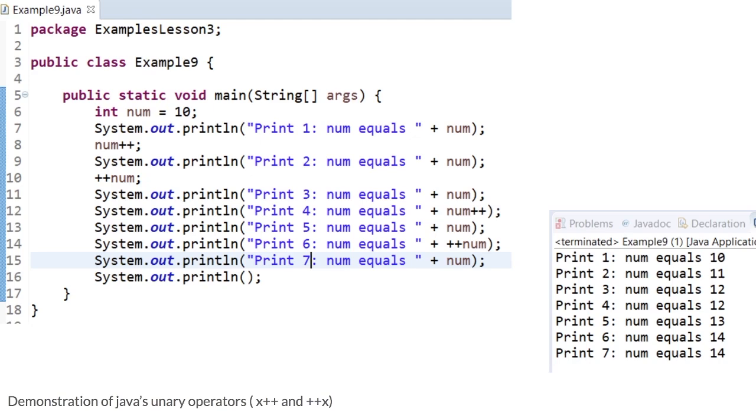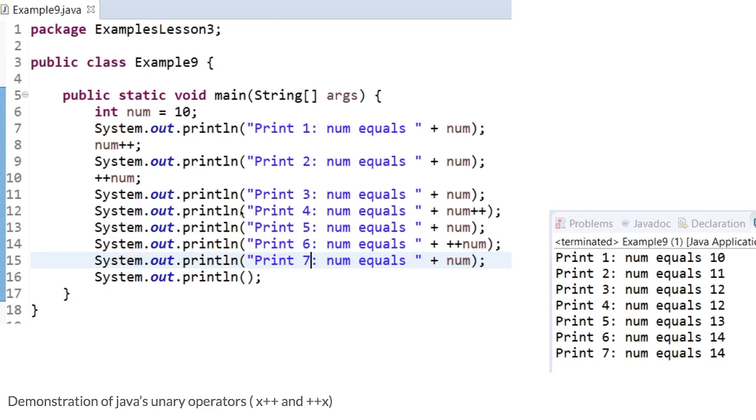So following this program can be quite tricky, but I want you to read each line of code starting from line 6 to 16 and also align it to all of its print statements and see what it does. First it declares num as 10 and it prints it. So here's print 1, num is 10. Then it actually does this line of code, num++. What that does is it adds 1 to num and reassigns it. So num goes from 10 to 11 in line 8 and prints it,